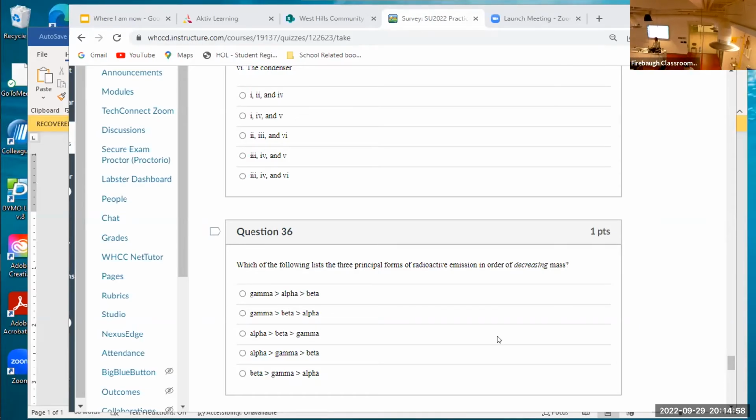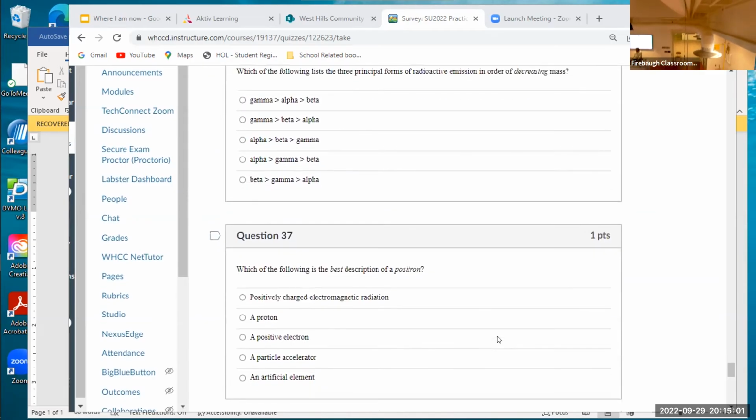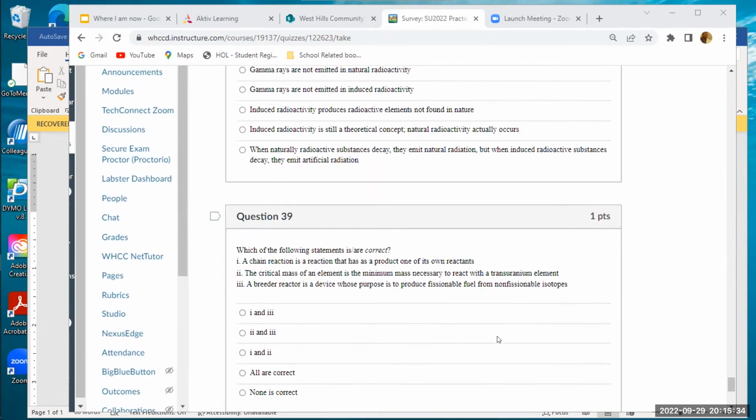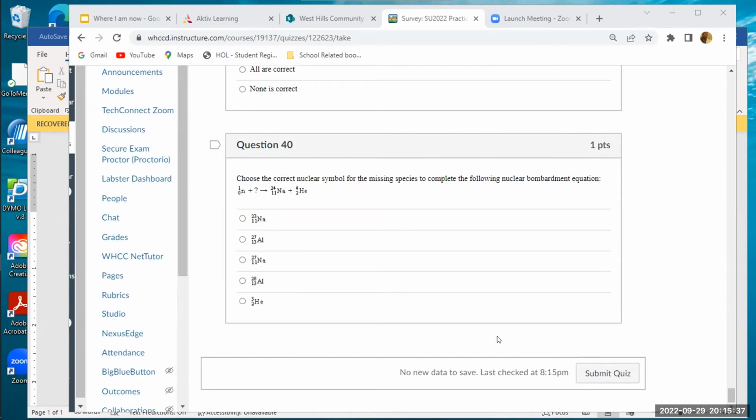Alpha, beta, gamma. Okay, a positron. A positron is what? Positive electron. No, I think she said transform. Let's see. It's the plus. Okay, so